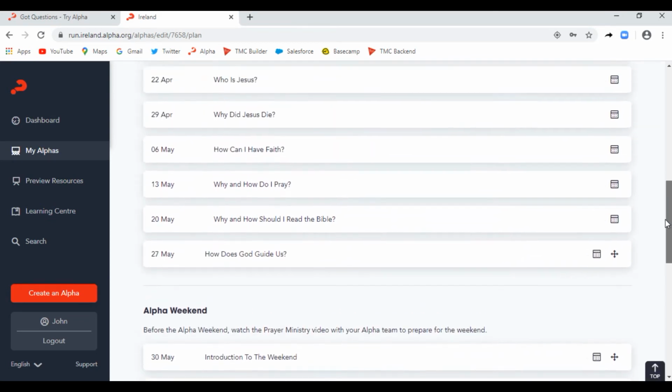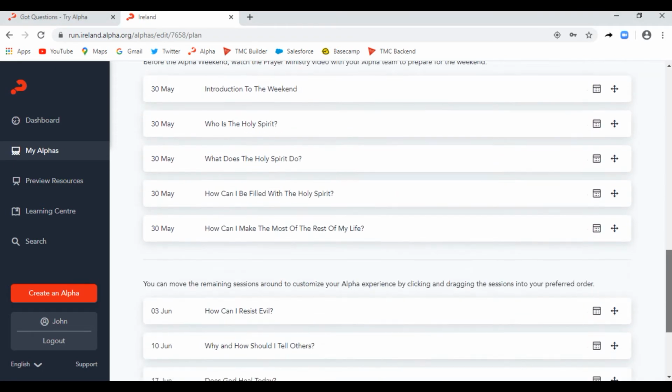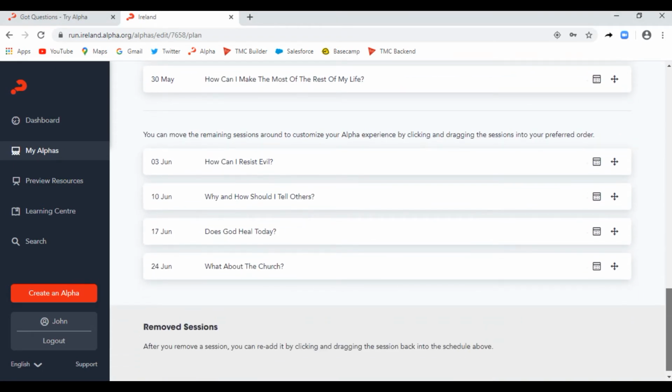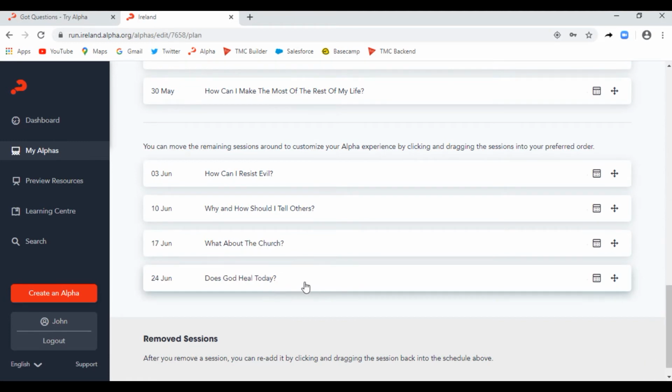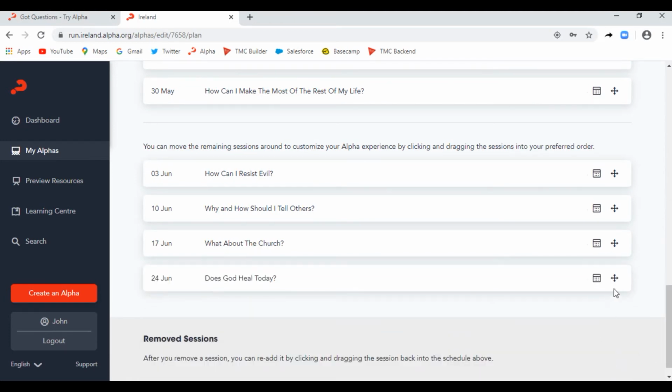So as you can see, it gives you the dates for when you can start your Alpha, and if it's on a weekly basis, when it will end. So it takes out all the pressure for trying to figure all of that out. If you decide you don't want to do something like perhaps does God heal today, you can just drag that out